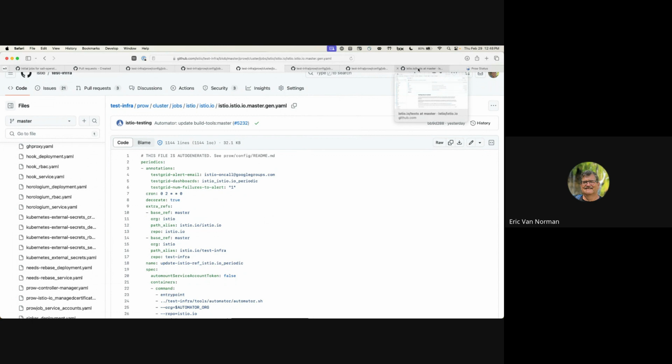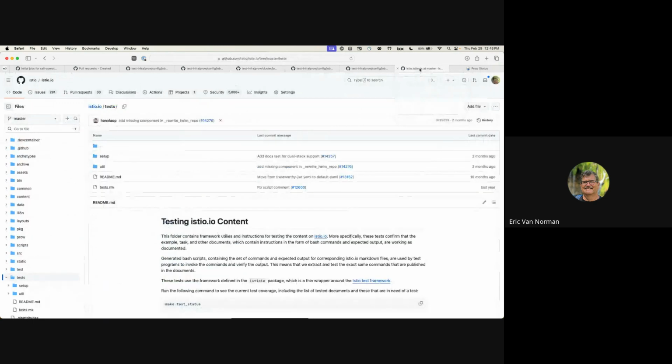So we have a couple of different sorts of tests that you can write. The first one, and the one I am more familiar with because I do this one quite a bit, if not debugging them, creating them, and that's the Istio.io automation testing that we have. So basically, the reason I sort of showed the Istio.io stuff before is if somebody updates a go.mod or updates a particular test, basically that means we want to run our Istio.io tests against those PRs. And we have those set up for the various different